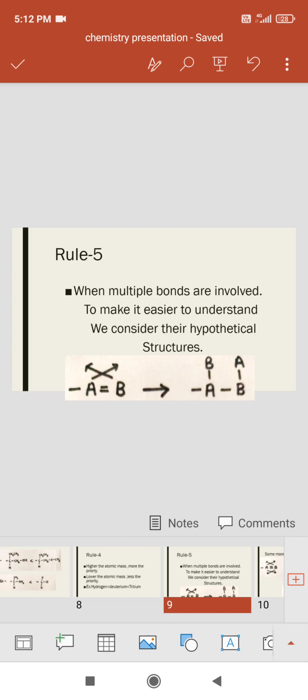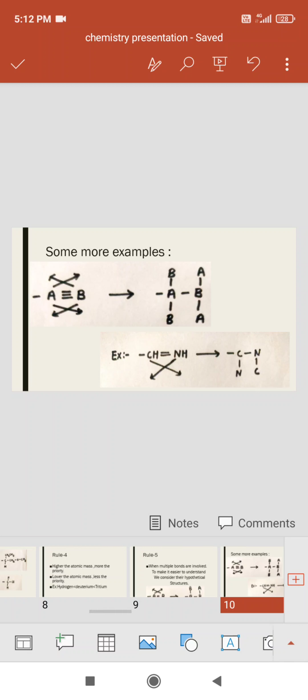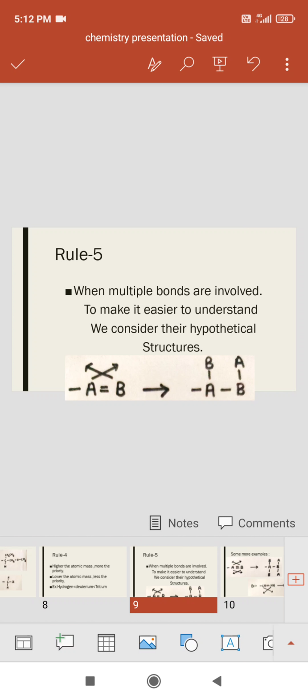So in this case, A double bond B, we have to cross multiply A with B and B with A. If a double bond is present, we have to cross multiply a single time, and if a triple bond is present, then we have to cross multiply twice. See the right side of the arrow, A single bonded with B twice and B single bonded with A a single time. And in this case, A is attached to B, B attached to A with a single bond. So it's easier. We can easily prioritize them.